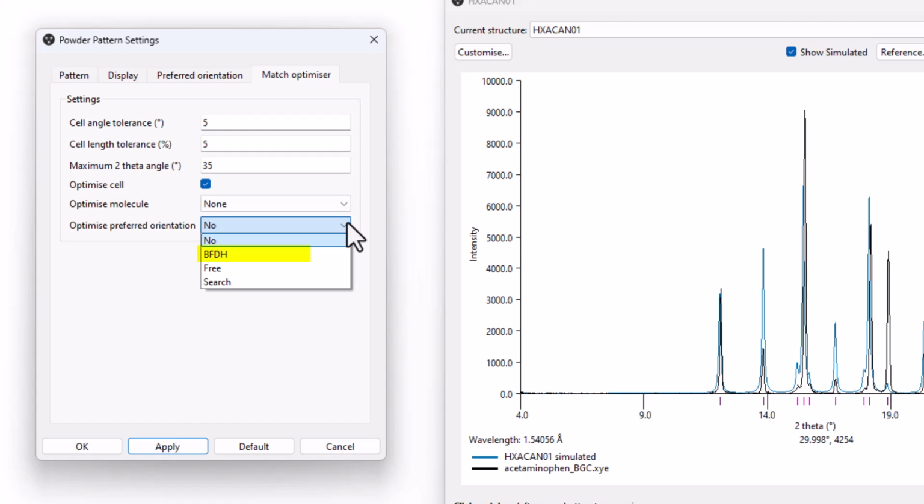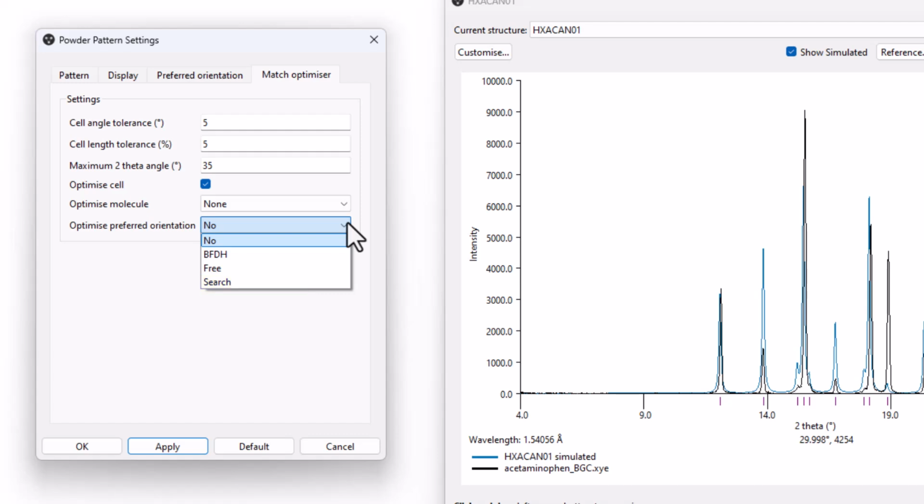BFDH uses the simulated BFDH morphology to predict a preferred orientation with an optimizable March-Dollase parameter. Free is a fully optimizable preferred orientation, whereas Search is a brute force search to find the preferred orientation with an optimizable March-Dollase parameter.